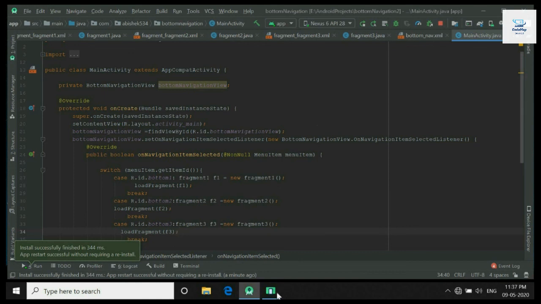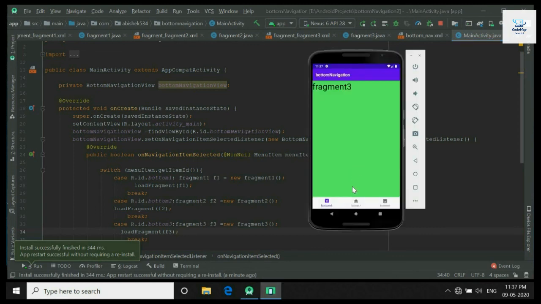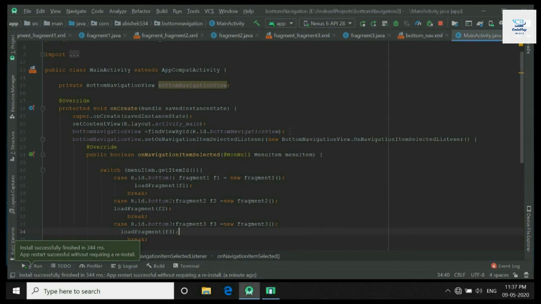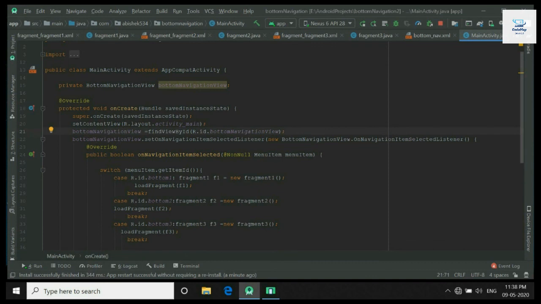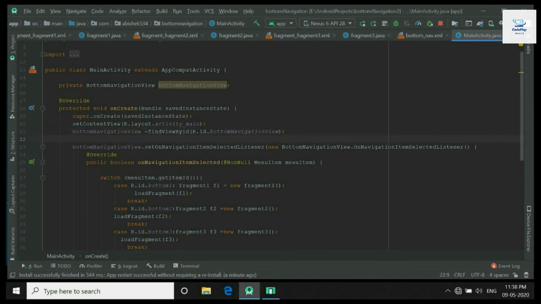So if we want any of the fragments to be displayed when the app starts, we can do that by adding a line of code in the onCreate method. Suppose when the app starts we want to display fragment 1, then we can do that by